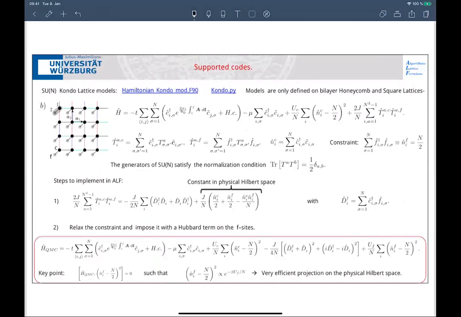Kondo. So this is the first. So this is a heavy slide. I'm very sorry, but this is the first case where the model you write is not the model you put into the computer. You have to be able to rewrite the model to put it in a form where you can do efficient computations. So let us go through this.